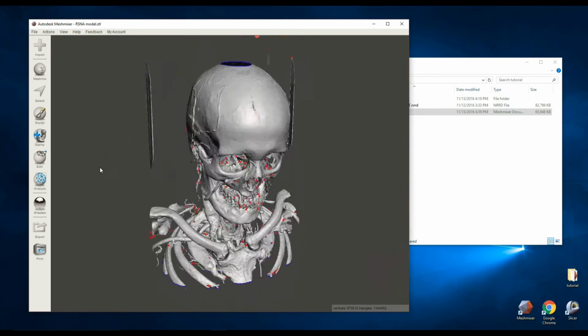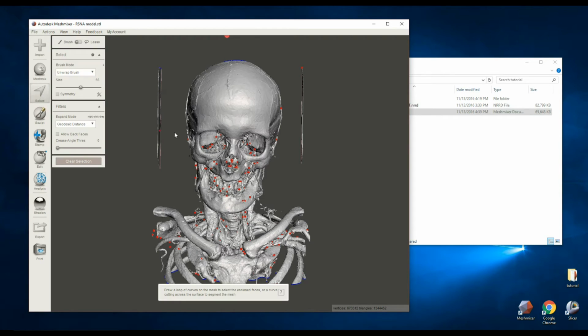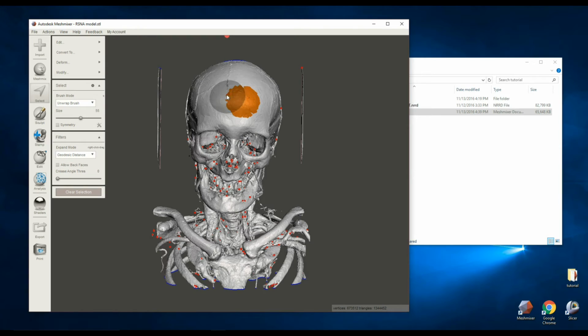And the first thing we're going to do is remove all these little bits that are floating around that are not connected to the main part of the model. To do that, we choose the Select button over here on the right. The right nav area has a bunch of options. These are for things you can do, and what we want to do now is use Select, and it'll give us the Select tool, and you can see that it's this big circle over here, and if you click the left mouse button, it selects all of the faces underneath that big circle. You can change the size of the circle by using the size slider to make it a little bit smaller. So what you want to do is just select something on the head here,